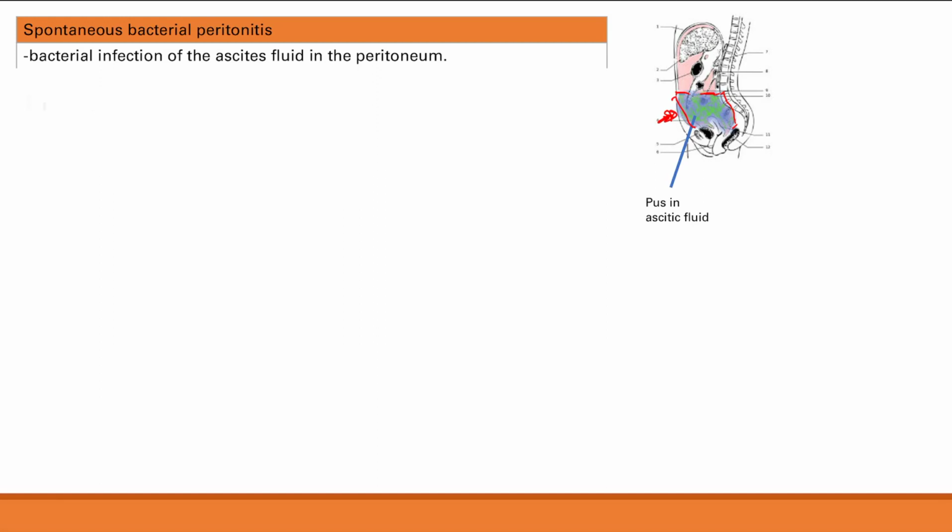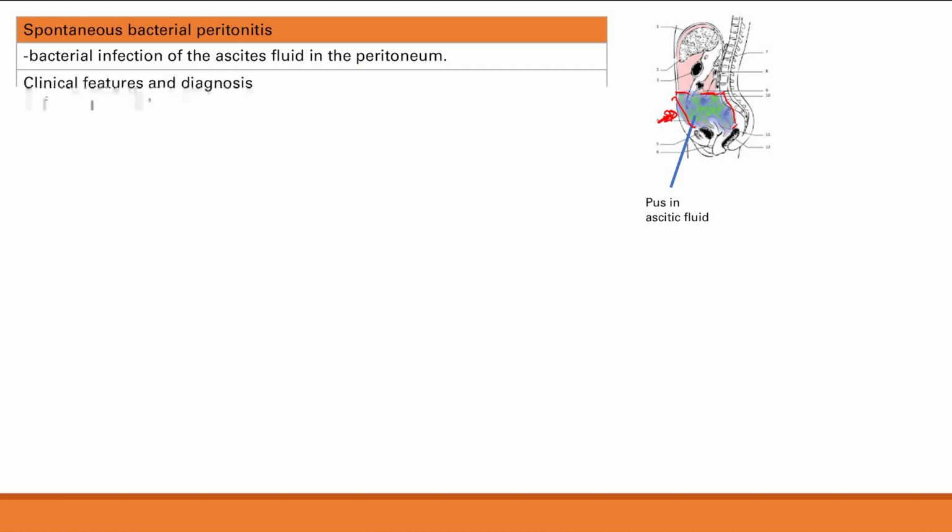Symptoms here are very general. Pretty much you can guess infectious symptoms. It's a bacterial infection. Then you have abdominal pain and ileus. It's because you have infection in your gut, infection just all around your intestines, so you're not going to have very good bowel function. You can have worsening of encephalopathy, because an infection is not going to help in a patient who has cirrhosis, who is already predisposed to having encephalopathy.